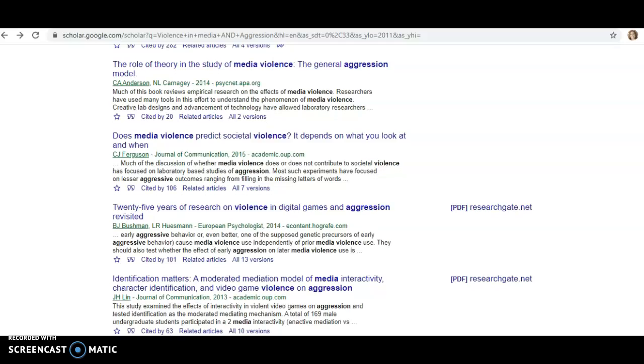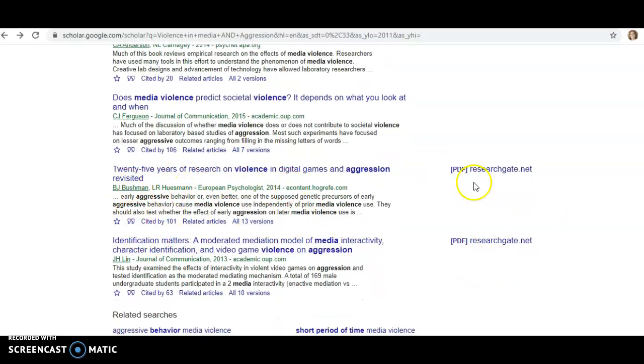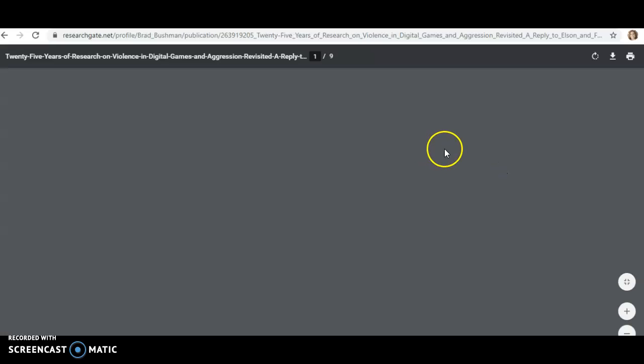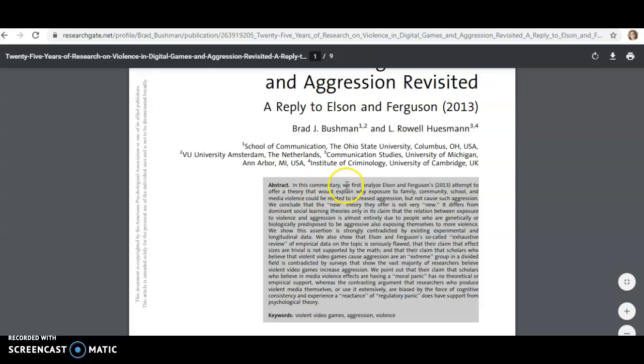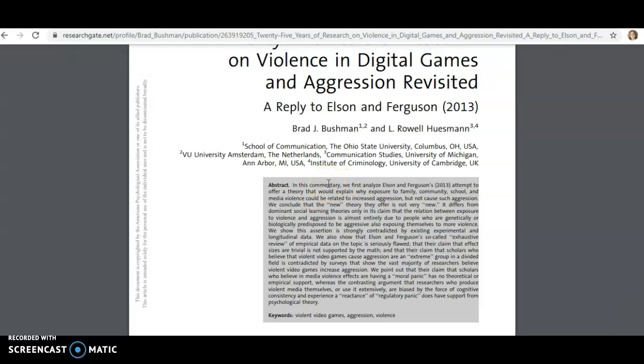Okay, so I think I found one that is not primary. All right, so here's an article. I'm going to click on it. So I want to read the abstract. It says, in this commentary, all right, commentary means that they're reviewing other people's work. It says, we first analyze these authors' work and